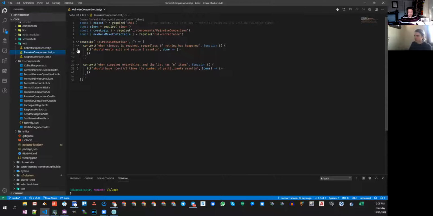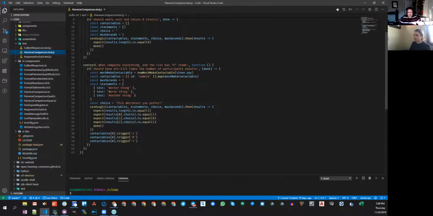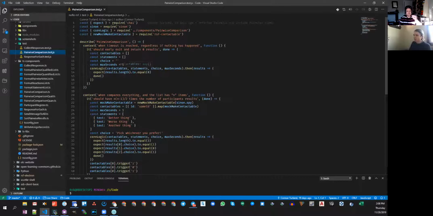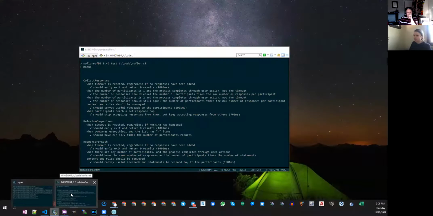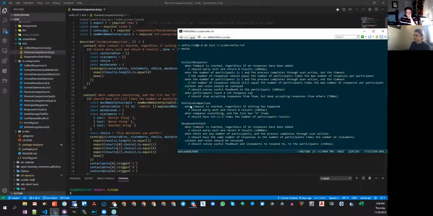So you just see the plain strings running inside of them. It's creating a little bit of a hierarchy, and you see the hierarchy when you run the tests too. When we ran the test, you see pairwise comparison, then indented, when timeout is reached, and then indented from there, it should early exit and return 0 results.